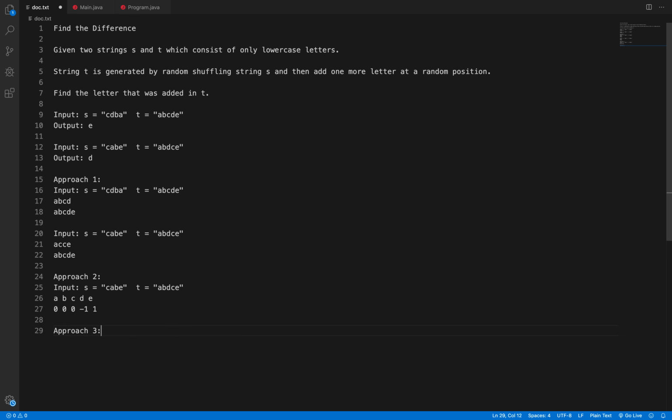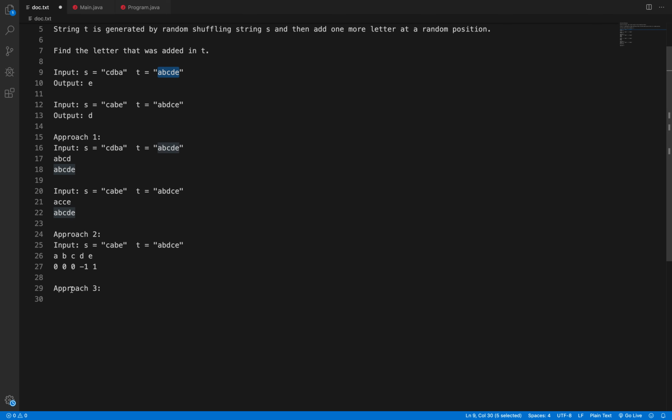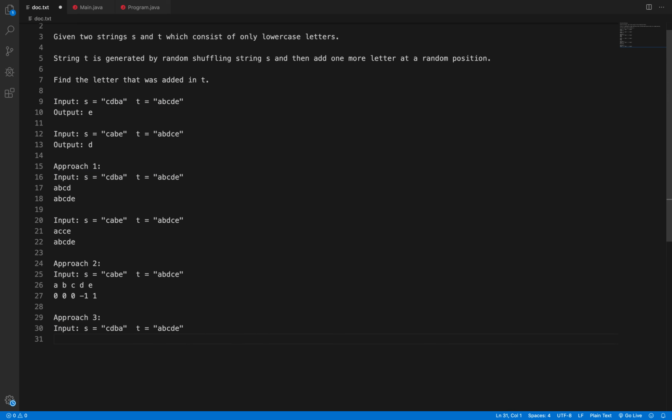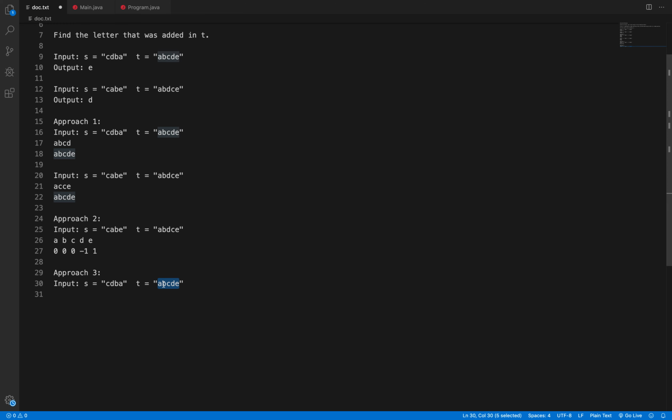Approach 3 is about subtracting string t from string s. If I take this example, string t we have a, b, c, d, minus c, d, b, a.